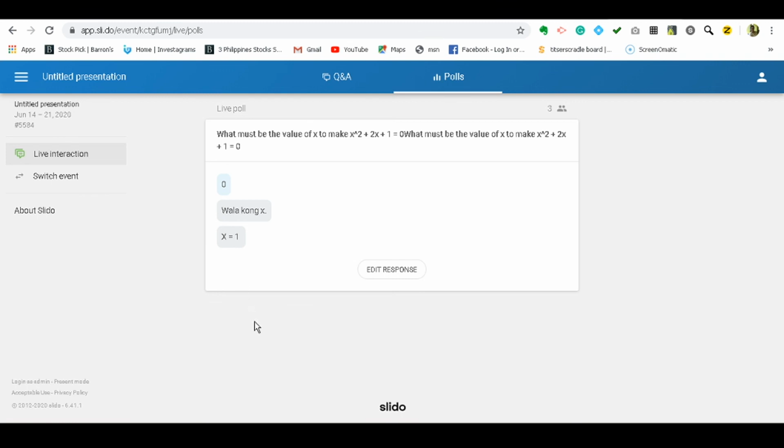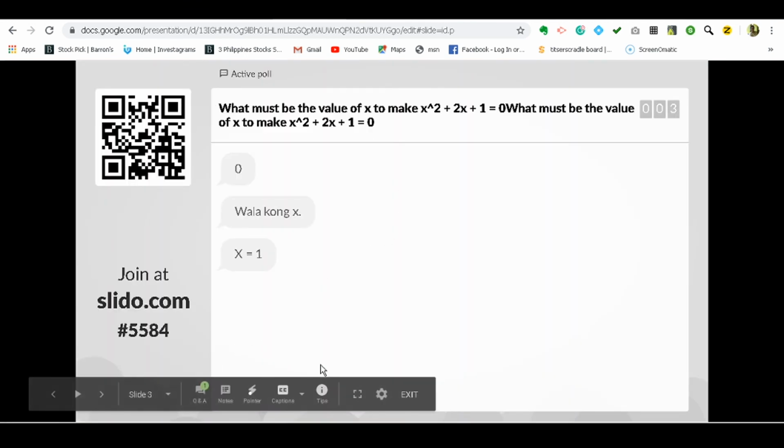Pero, dito nakikita niya. Kasi nga, ang purpose lang niya is a live poll, question and answer lang. They are encouraging the students to answer and give an immediate response. Hindi mo siya ini-evaluate kung tama ba yung sagot niya o hindi. Ina-encourage mo siya na mag-participate. That was the purpose. Okay, then